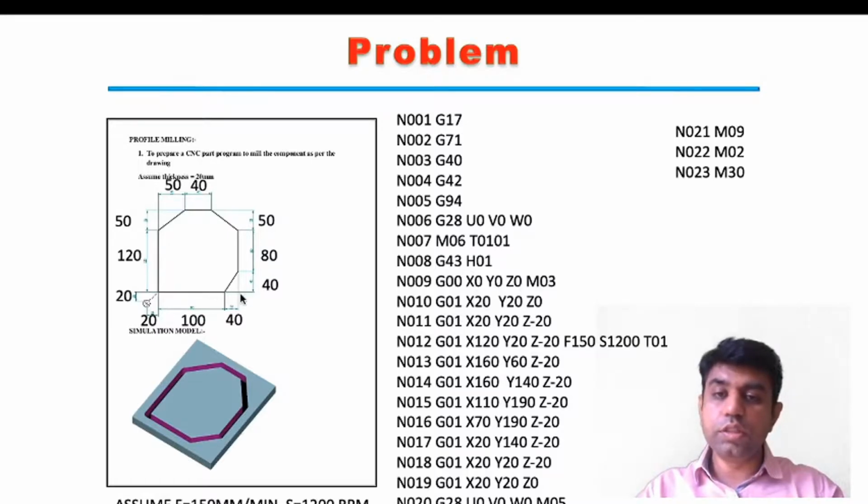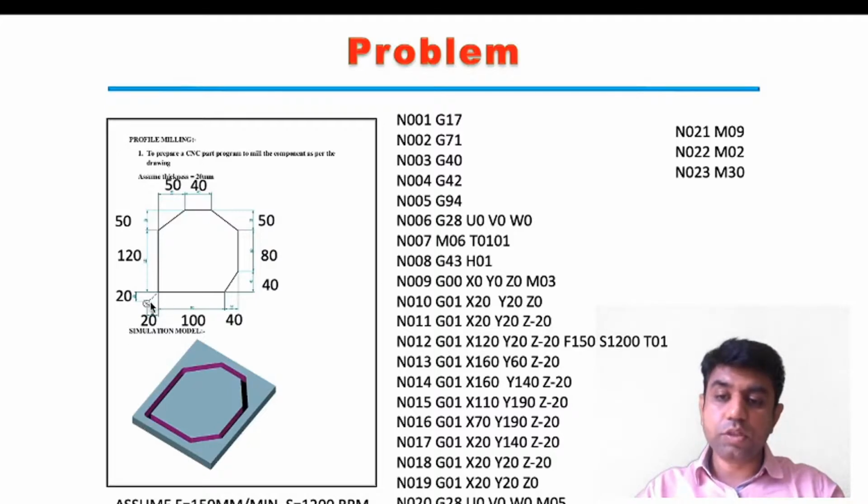See, as you see over here, this entire path is actually a linear path. We are not having any curvature in between. So machining of this entire operation requires only one G code, that is G01, right? With the help of G01, X20, Y20, Z0, what will happen is, this is a workpiece, right? From this particular point, the tool will reach this particular edge, and by giving in the next command Z minus 20, the tool will be linearly inserted inside the workpiece, right? That's why we are mentioning Z minus 20.